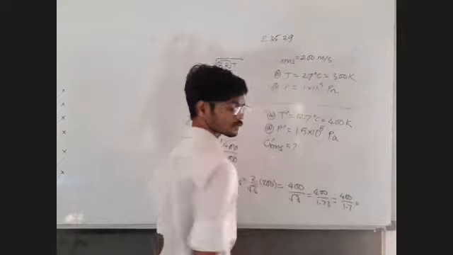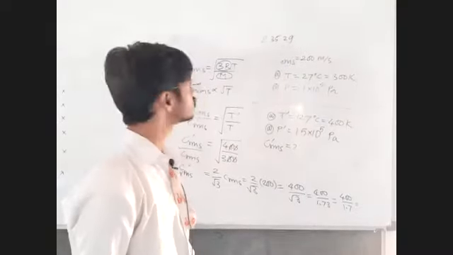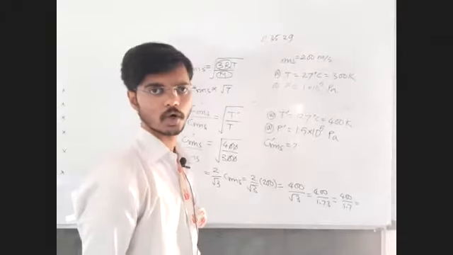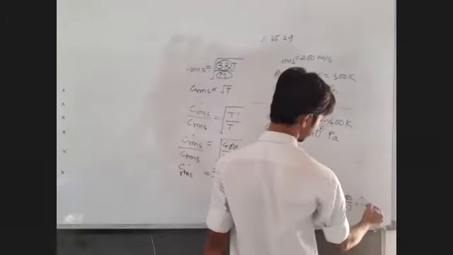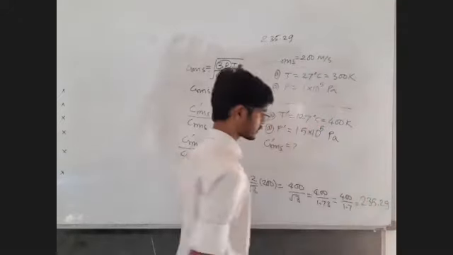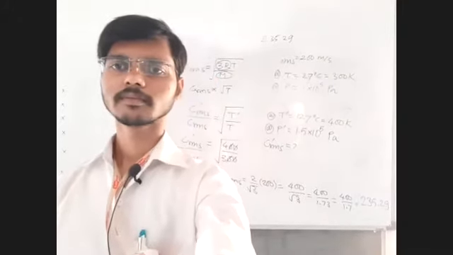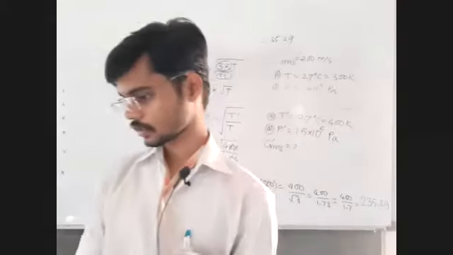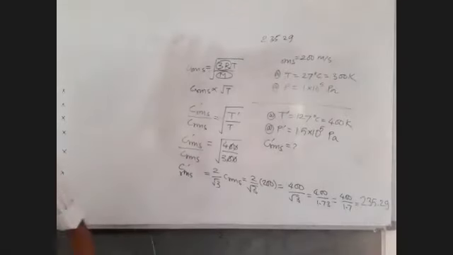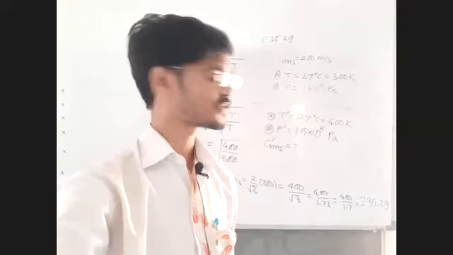235.29. Okay, all of you are giving the same answer. It means all of you are right. 235.29. That's it. Let's move on to the next question. Let me see how many students are left now. Just give me a second. Okay, the count is constant, so no one is leaving the lecture. That's good.